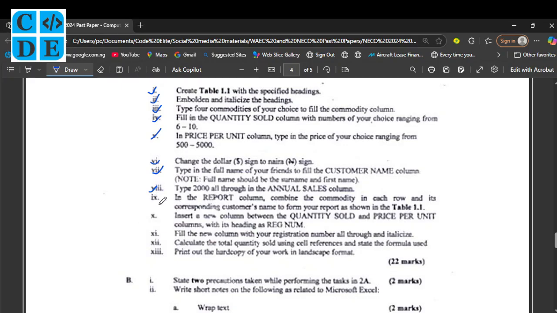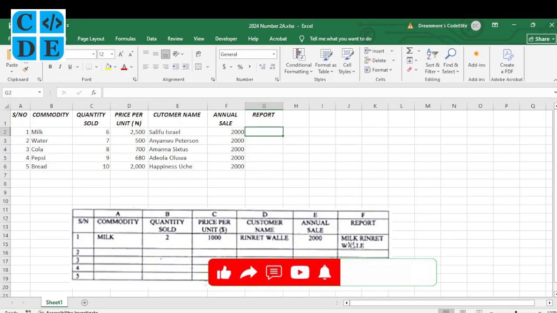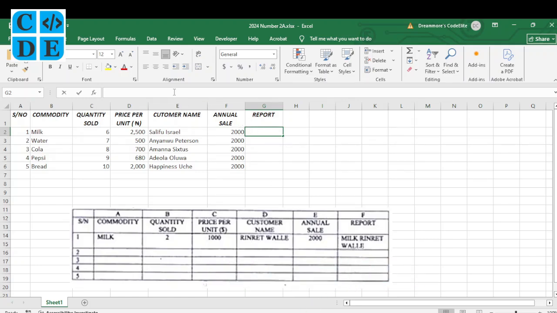So the next part says in the report column, combine the commodity in each row and its corresponding customer's name to form your report as shown in table 1.1. So let me take that and then let's see. So this is what they mean. If you watch, they had to combine milk rennet, so milk from here and the customer name to form this very cell here. So the way you can do that is by concatenating it. So you do equals